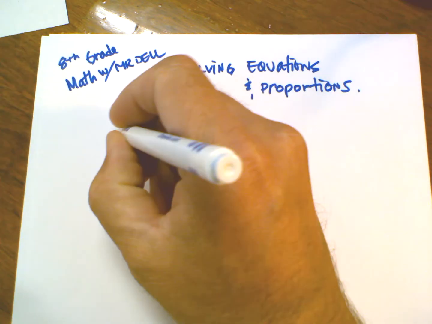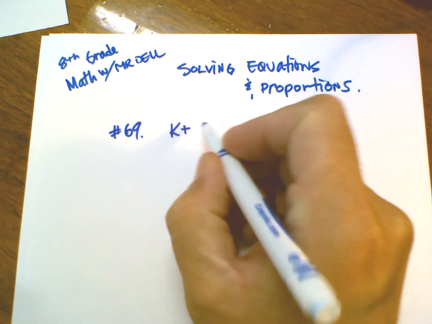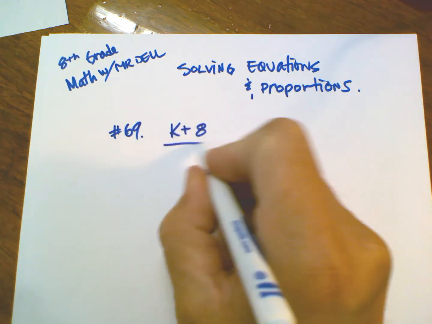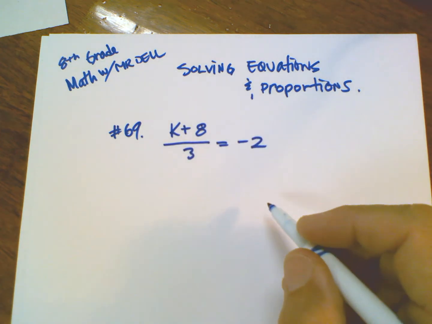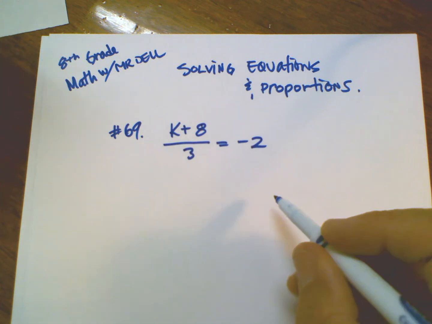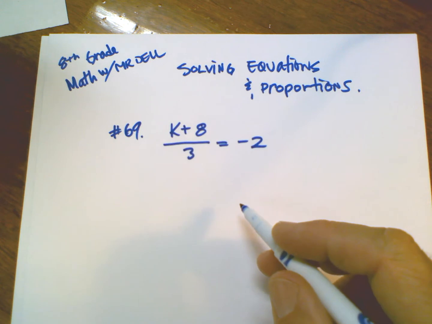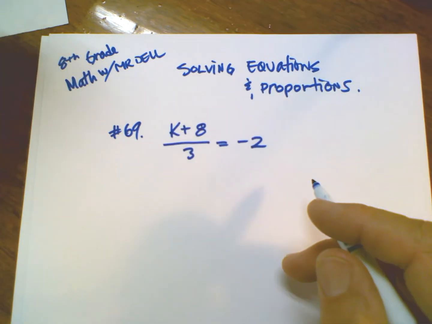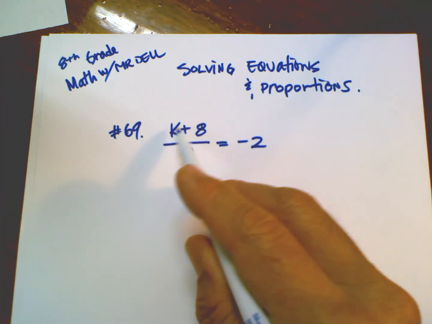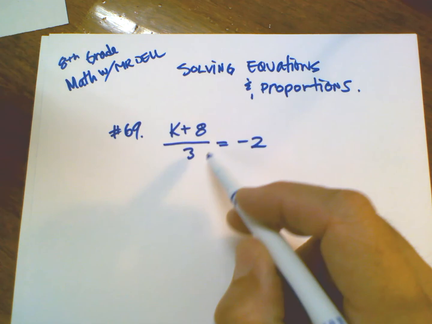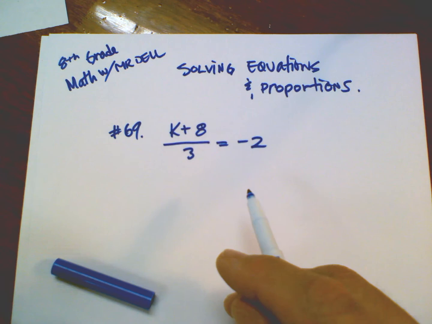All right, so number 69 says k plus 8 all divided by 3 equals -2. As we talked about in the last video of solving equations, the goal is to get the k. What is that variable? What is that unknown? And again, there are times that a guess and check method works, where you start guessing a number to see what number best fits in that k in order for that expression to be -2. But in this case, I'll show how we can do this